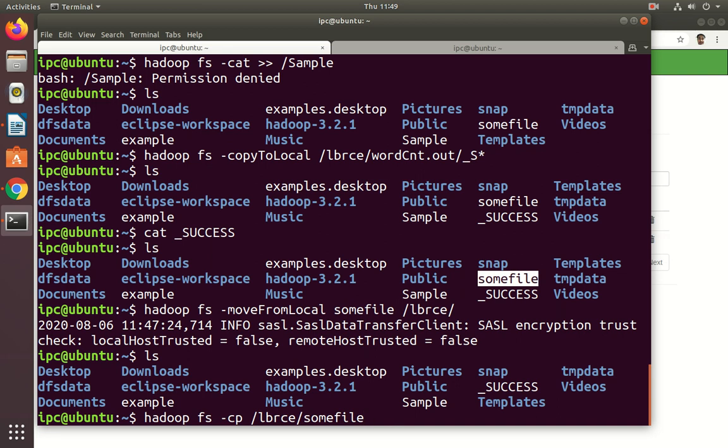I have some file which is located in lbrc. I want to copy this some file in the lbrc directory to the second directory. See, the source is the lbrc directory some file, to the second directory.